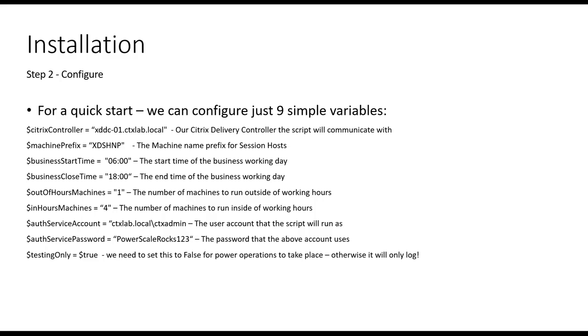The most important bit at the bottom of that config file is a variable called testing only. Mark that to true if you're going to put this in and try and run it on a production environment. If you don't have a test environment, make sure that's set to true. What that will do is it will stop the script actually performing any actions, but what you will get is a dashboard and all the logs. The logs are very verbose. It tells you exactly why it's doing things. So mark that up as true, and you can run it in an audit mode, and it will tell you what it would have done with your infrastructure had it needed to do something inside and outside of those times. So I always recommend put it in, run it for a couple of days with that, see what comes out of it.